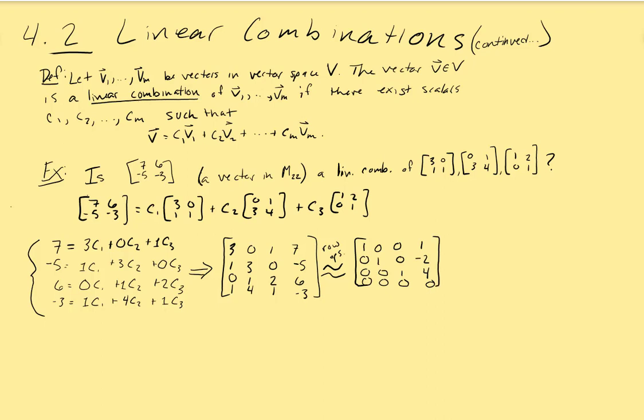And again, this is trivial to unpack. Notice that last row there, that row of zeros, it's just telling us 0 equals 0. Nothing useful, but nothing contradictory either. So all we're focusing on is those first 3 rows, which we can unpack into the solution C1 equals 1, C2 equals negative 2, and C3 equals 4. So we were able to solve the system. This means we can write our original matrix